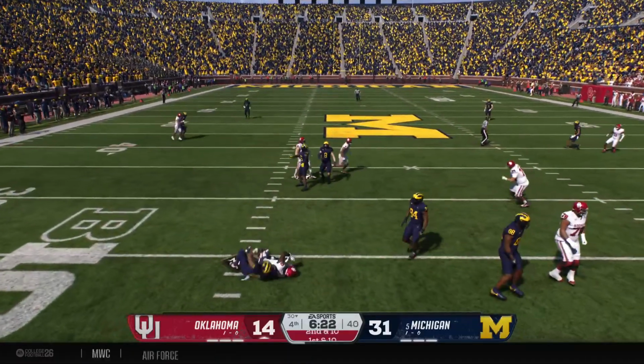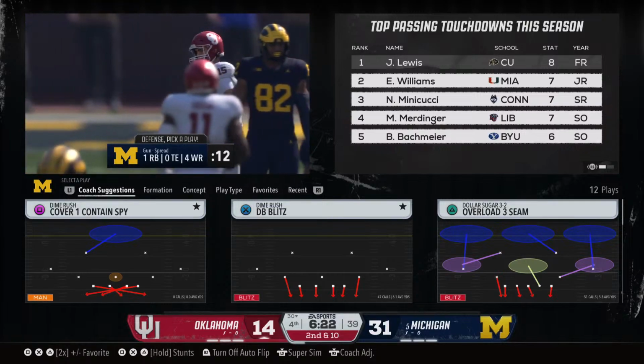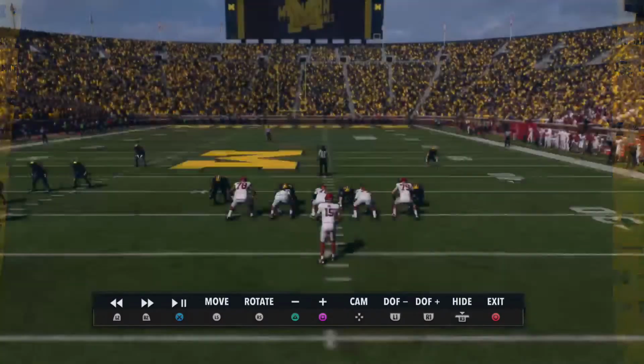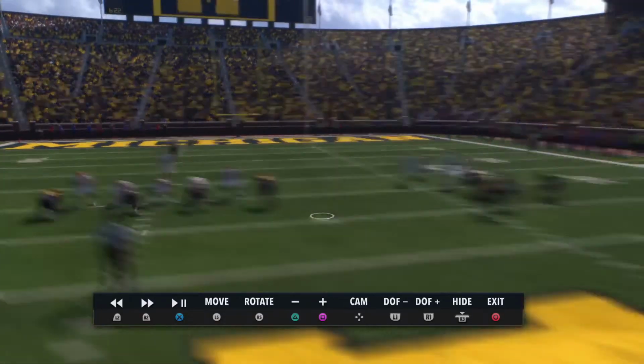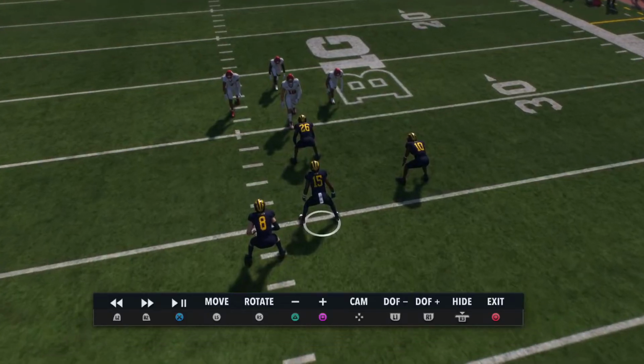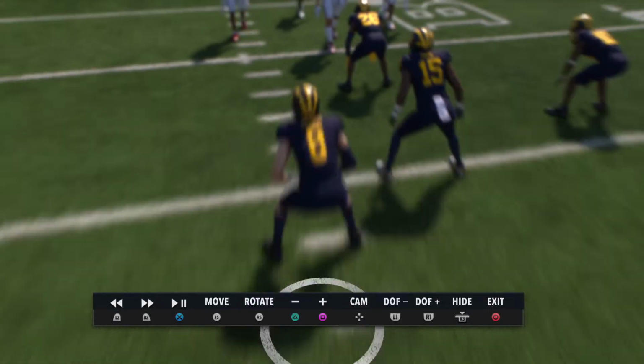Really nice route. Great job looking that football in. You can tell wide receiver screen sniffed out by Houseman. Wait, that's not Houseman. Who was that? Who was that? Hold on. I saw the 15, and that is Keon Sabbs, number 15. Now who's number 9? Coy Parrish is 8.